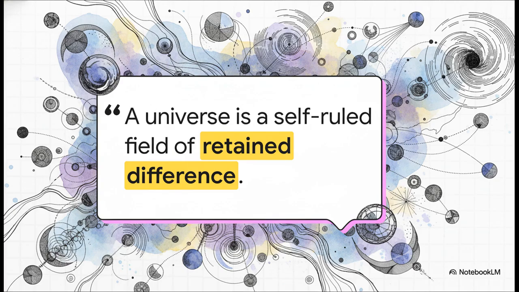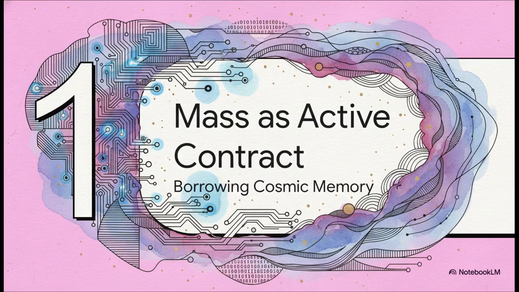So the absolutely crucial point here is that reality is not a container full of objects. It's an active field of difference that is constantly trying to resolve itself back to zero. As this quote highlights, it's self-contained change. If there was no drag on the system, everything would just instantly collapse. The universe is, for all intents and purposes, a zero-sum game of circulating missingness, constantly trying to balance its own equations.